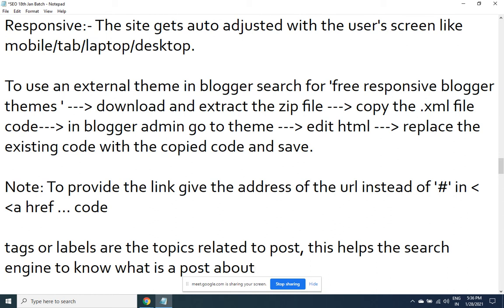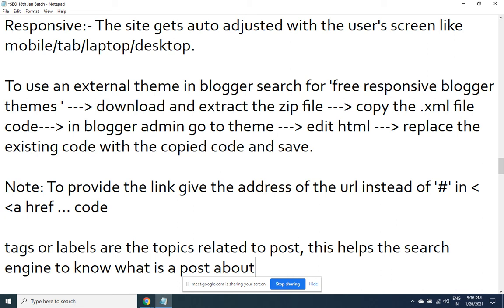In WordPress it is called a tag; here it is called a label in Blogger. Whether tags or labels, they are nothing but the topics which are related to the post. So don't have too many tags. 1 to 5 tags per post is recommended.